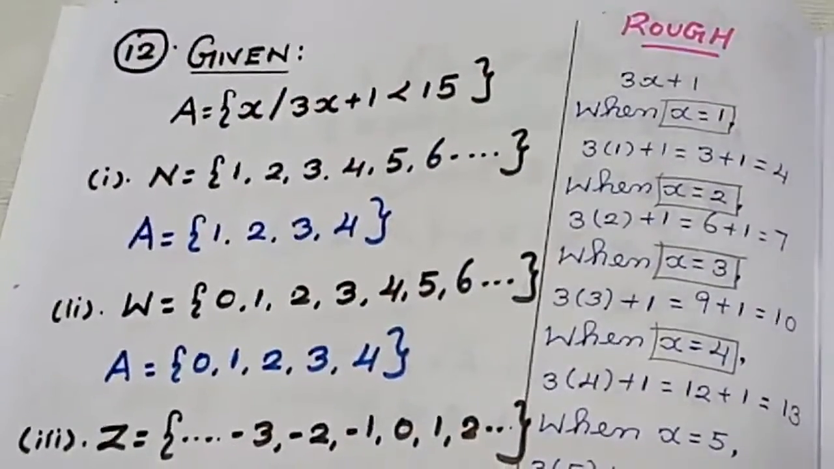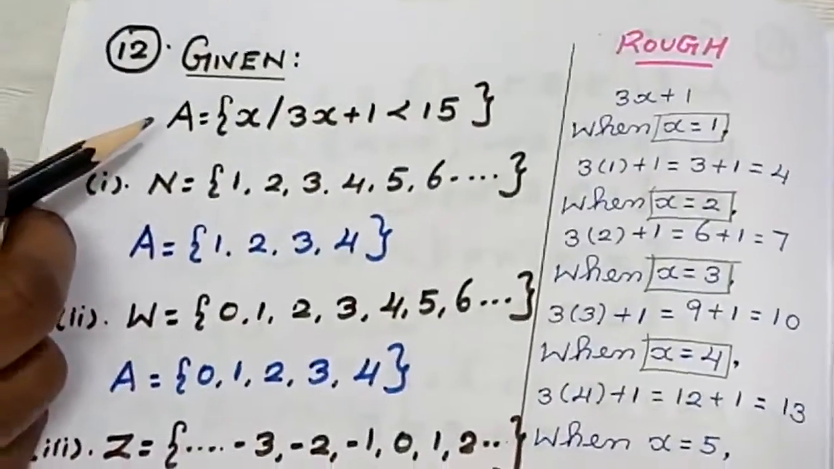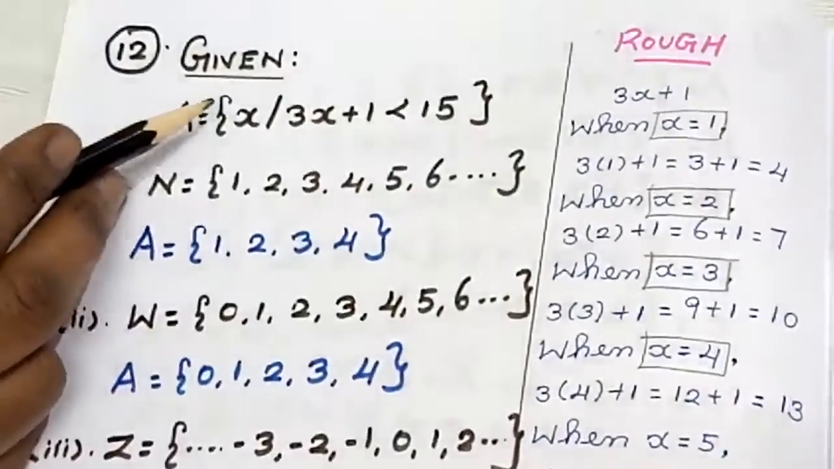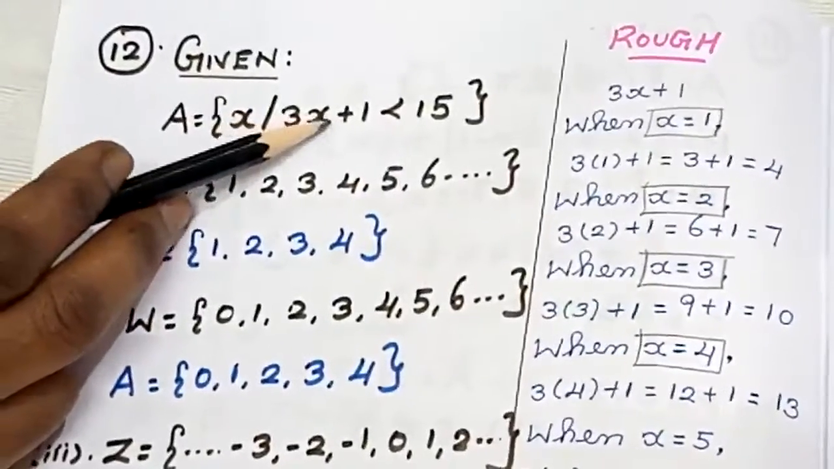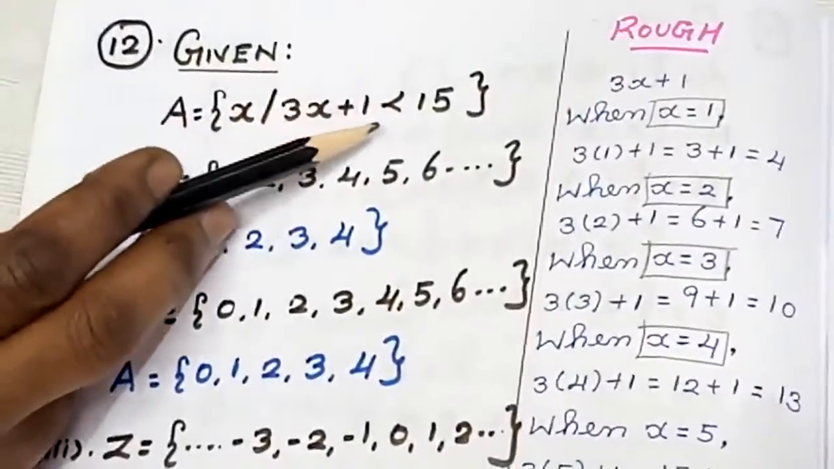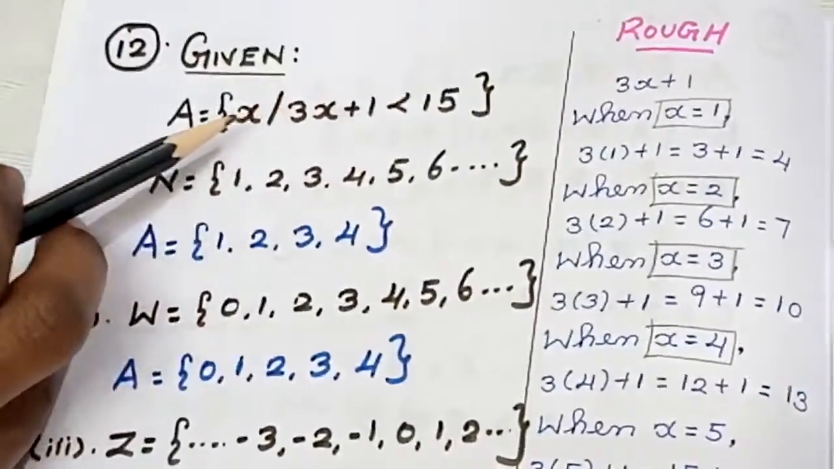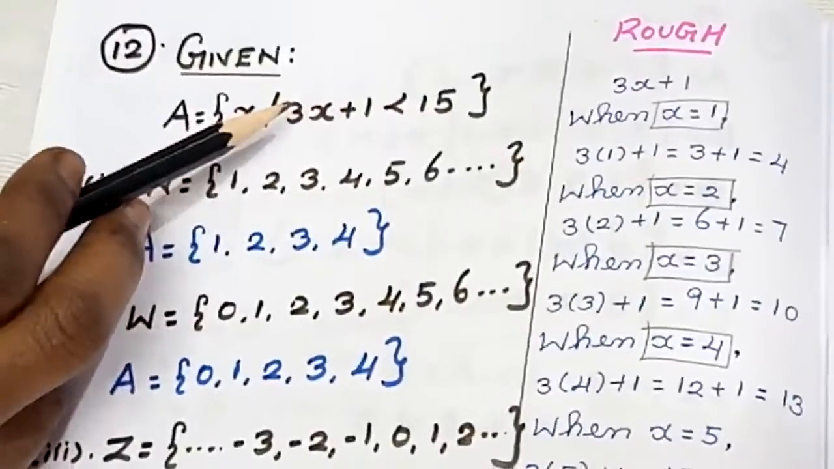Question number 12. If you see here, they have given you only one set, students. That is A equal to the set of x such that 3x plus 1 is less than 15. What is the meaning of 3x plus 1 less than 15? While I am giving the values for x,